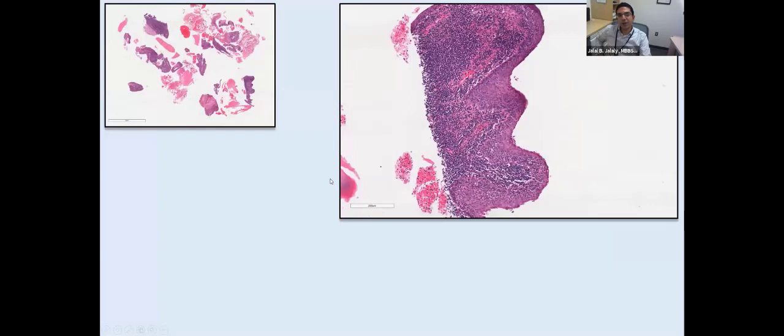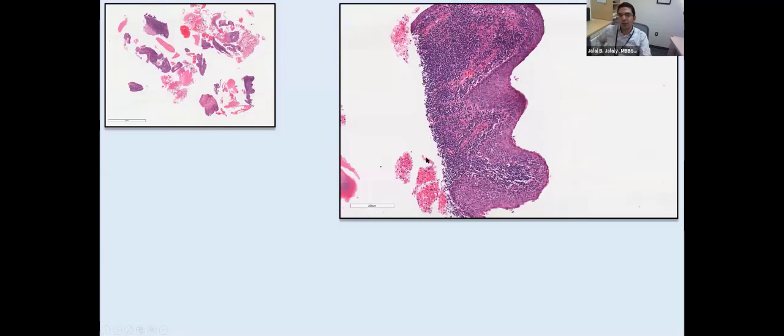Taking a closer look at these cellular fragments, you can see that there is squamous mucosa that looks similar from bottom to top. There's not much maturation going on, but it does not look obviously dysplastic or cancerous at this level, but definitely noting the fact that it's not maturing quite nicely, and it's lined by this lymphoid tissue.